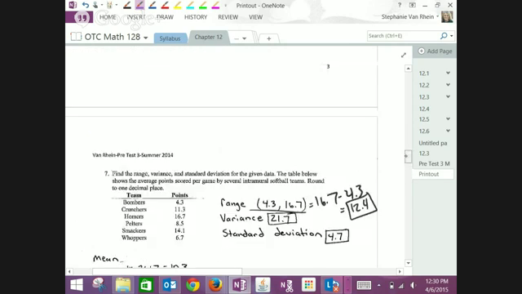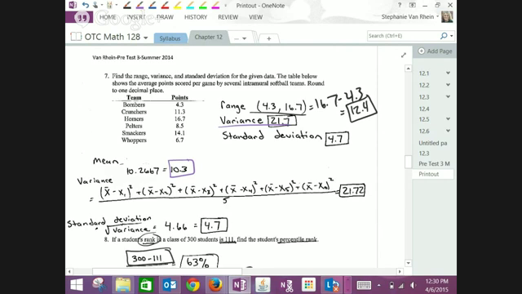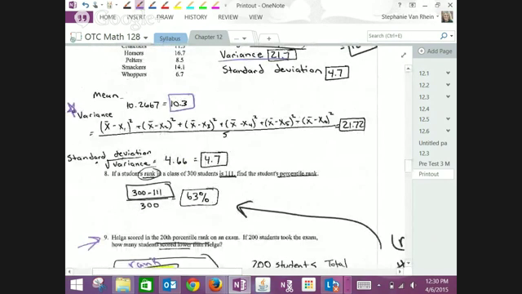Number 7. Go through all of it. How do you find the variance? First you have to calculate the mean. And this is a hard one to grade because if you don't calculate the mean properly, it doesn't matter what you do. So your work is very important here. If I can see this work, but you punch a number in wrong, you're going to get most of your credit, right? I want to see that you took